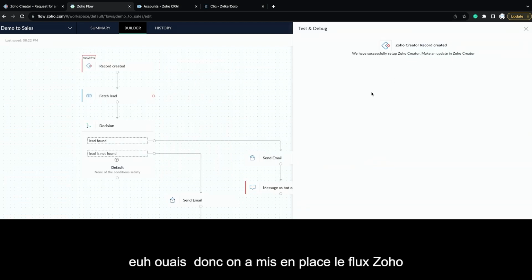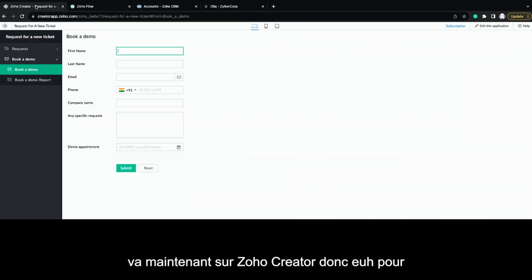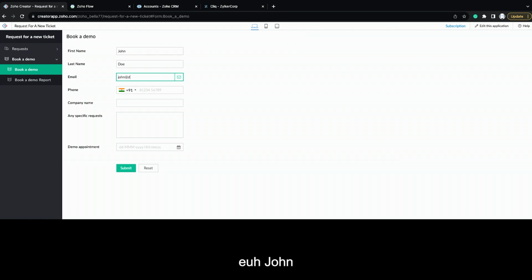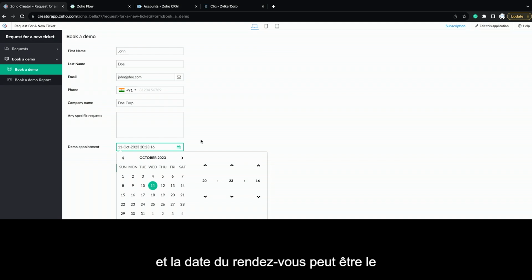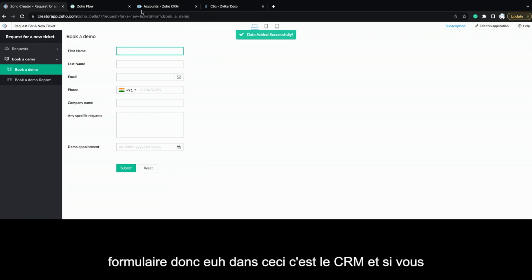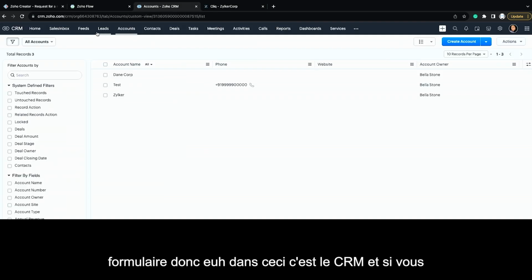Yeah. So we have set up the Zoho Flow, the flow on the application. So we now go to Zoho Creator. So for creating a form, we have to put a name. I'll use John Doe, john@doe.com. The company can be Doe Corp. And appointment date can be the 11th. And I submit the form. So this is the CRM. And if you check the lead,